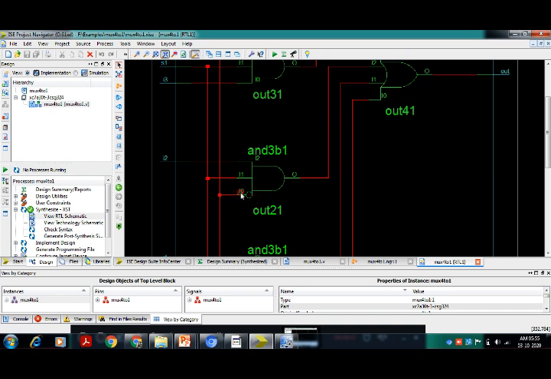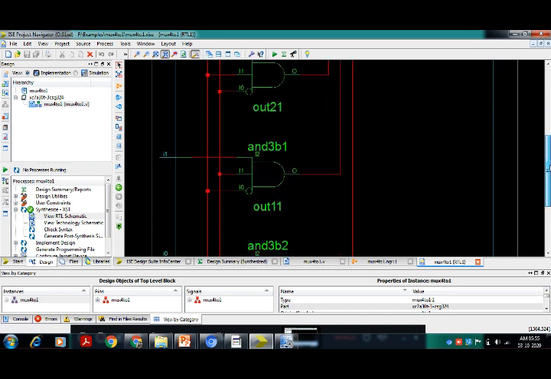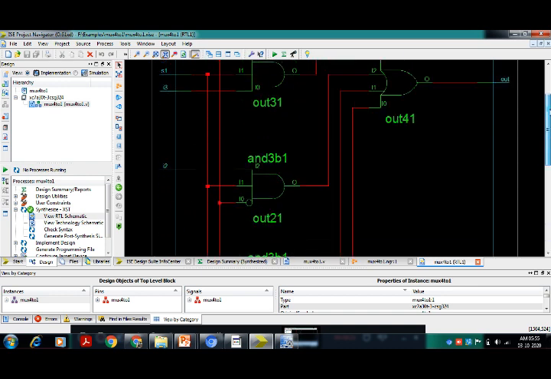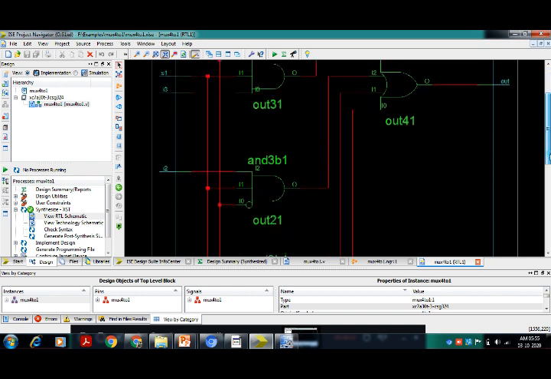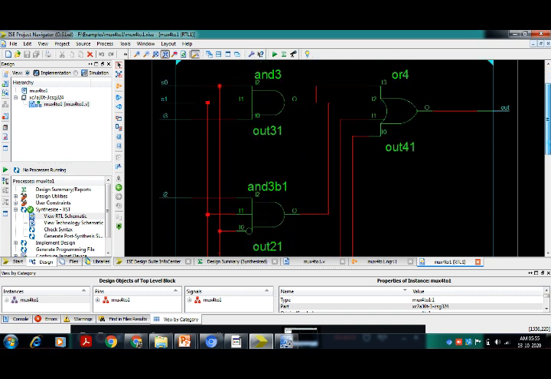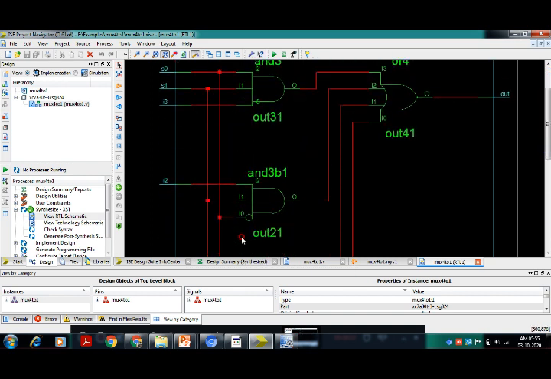So directly S1, that not gate performance is done here.